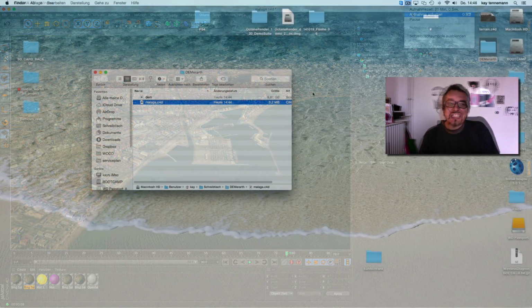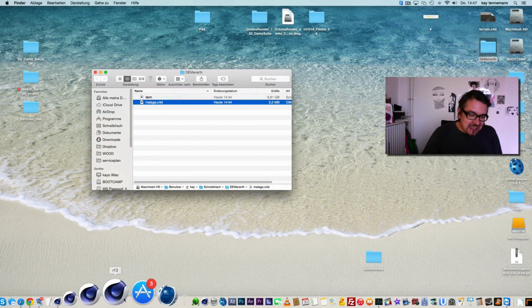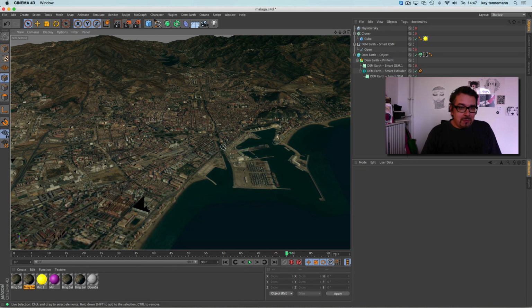Oh, stop, I forgot something very important. Of course, you're asking, but what if my client wants to keep the data, or I have to work together with colleagues that don't have DEM EARTH? Of course, you can convert everything, not just splines, into normal Cinema objects.